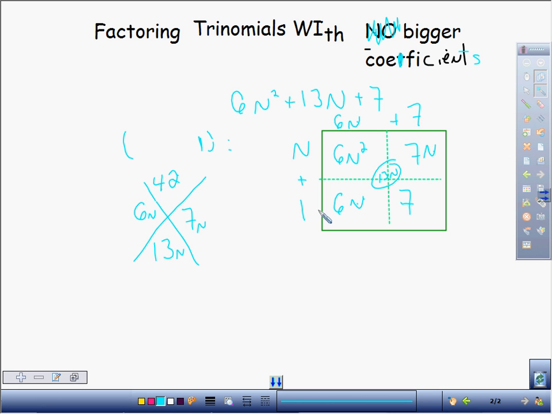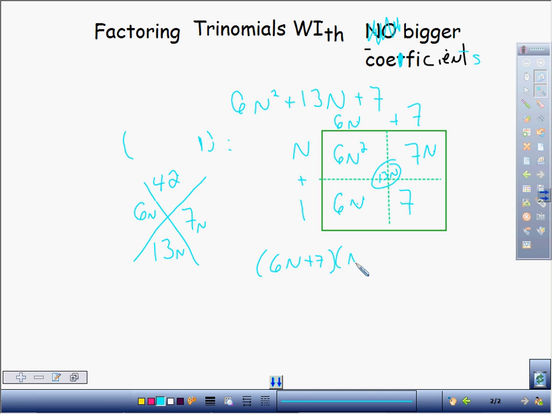7 here, you could just pull out the greatest common factor from this row, which is 1, because the only thing they have in common is 1. And the greatest common factor in this column is 7. See how there's a 7 in there? Okay? So I will tell you that this thing factors to 6n plus 7